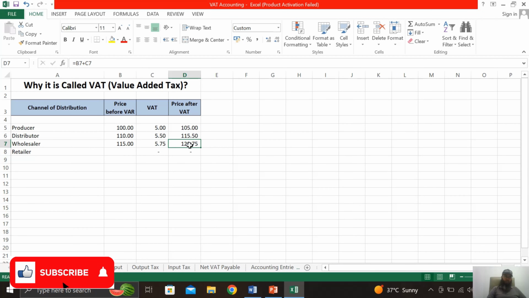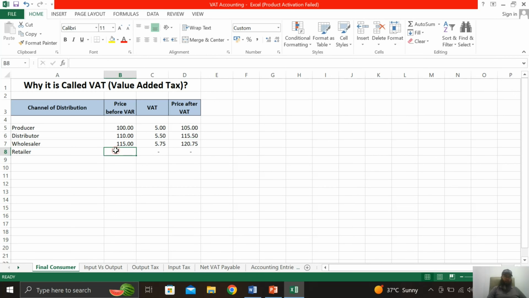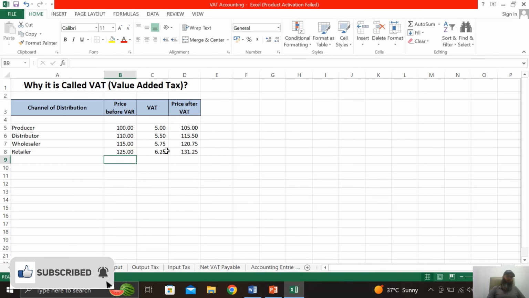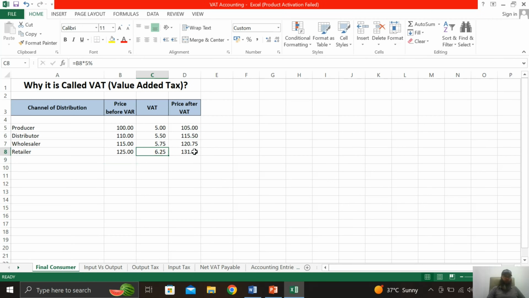Then this wholesaler will sell this item at 120.75 dirham to the retailer. Then the retailer, after keeping his margin, will sell this item, suppose, at 125. So the VAT will be 6.25, and the price the retailer will charge the consumer will be